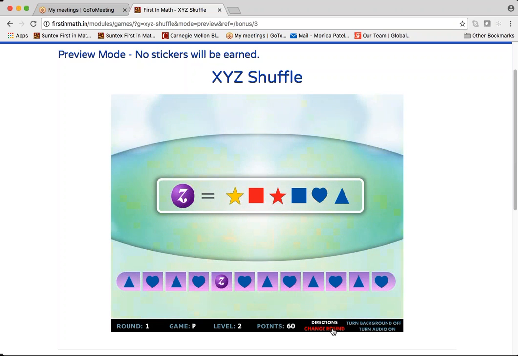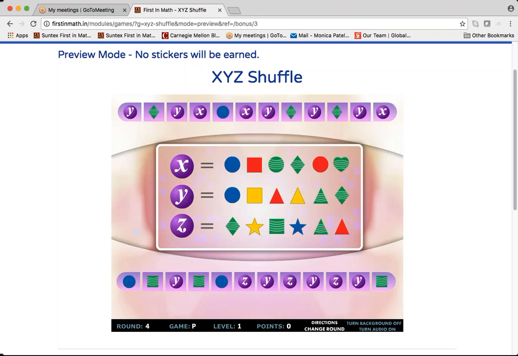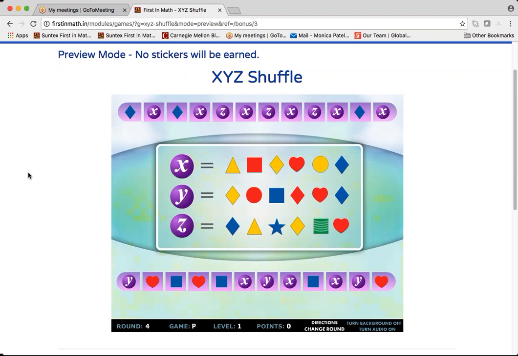So what we show them is, it starts off with the simple concept of pattern recognition and the role of a variable in plugging in and completing a pattern. By the time they reach the last round, so feel free to show them bonus games to preview, click on the last round. You are now solving for three variables, and the pattern is certainly not clear to me